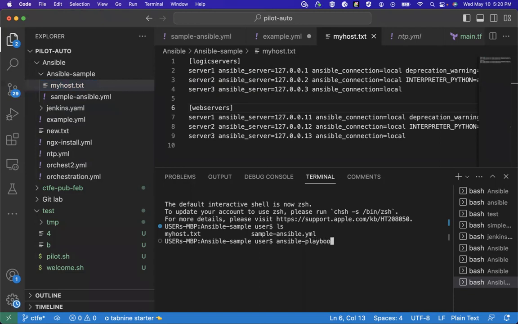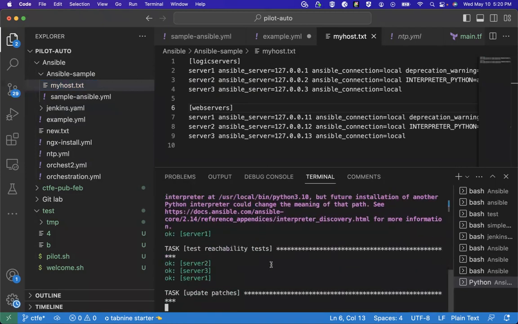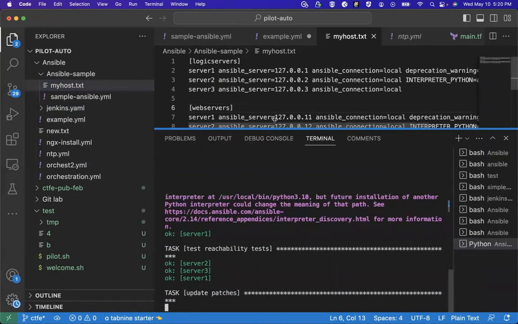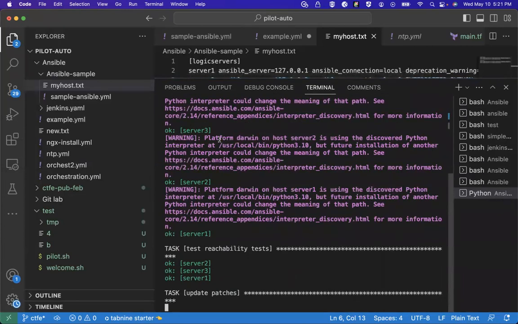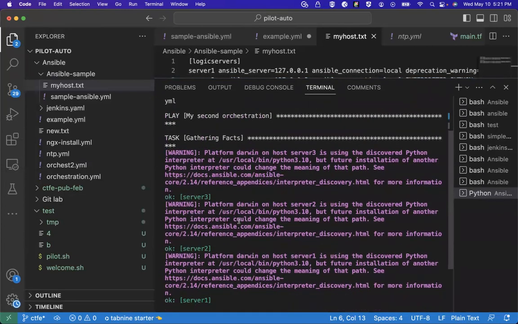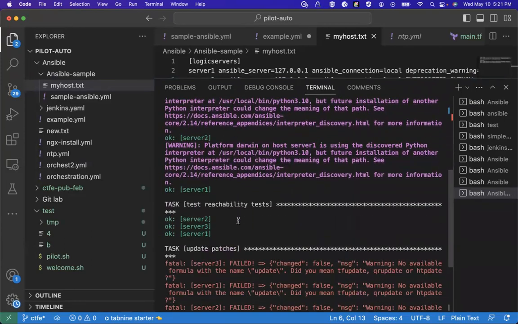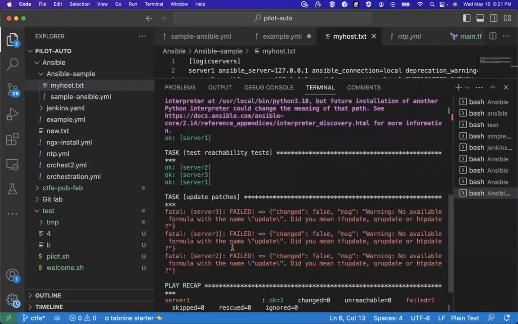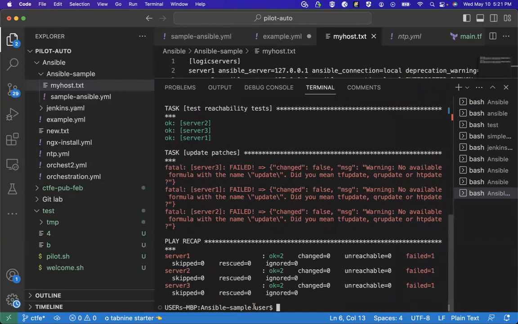-playbook. Then if I'm using variables, I use -i. Then my host name, which is my host. Understand? Then the playbook. What's the name of the playbook? Sample. Then if I run it, if it does not have a syntax error, it will run. You can see it's running now, it's updating. You see, the first one, what it does, it connects to the first stuff, then it tests the reachability. It worked, right? Now, when it was time to install, it returned an error.